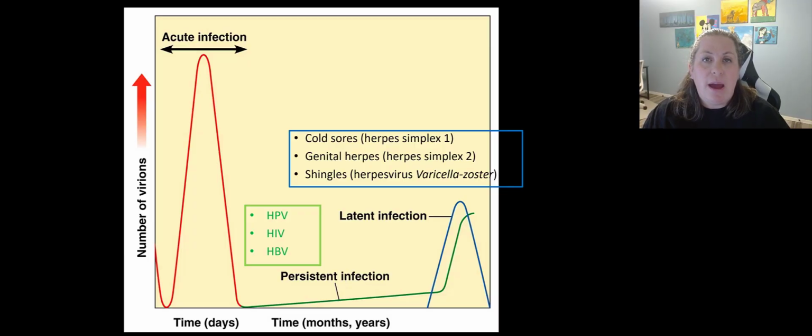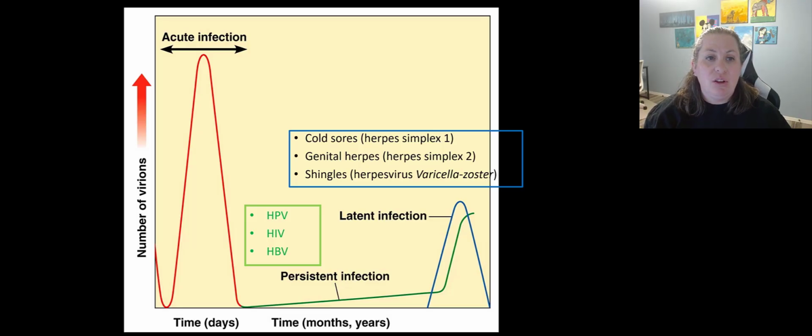On the other hand, you have the blue, which are the latent infections. So you'll notice that the red goes down and it stops. But months later, years later, it ramps back up on the blue side. These are viruses that are present in your body once you've been exposed, and they stay. But they only come out when the opportunity is good. So when your immune system is down or when you're stressed, you will have an outbreak or an infection with